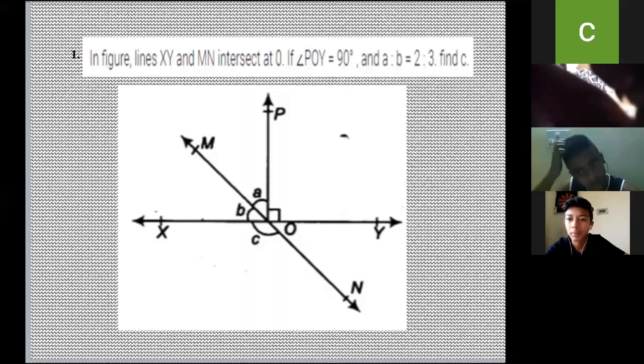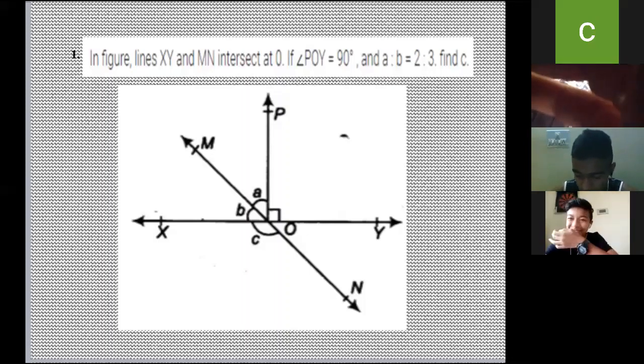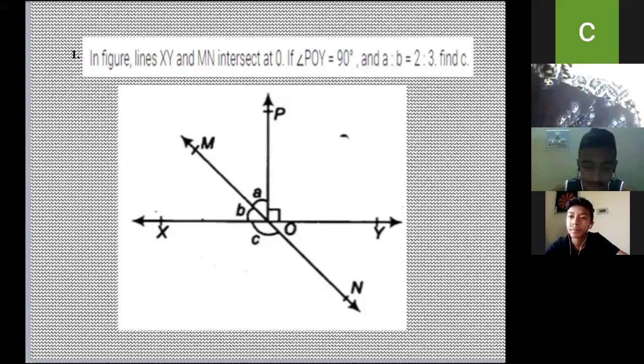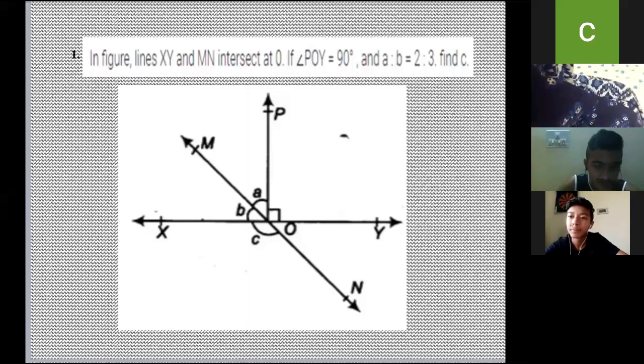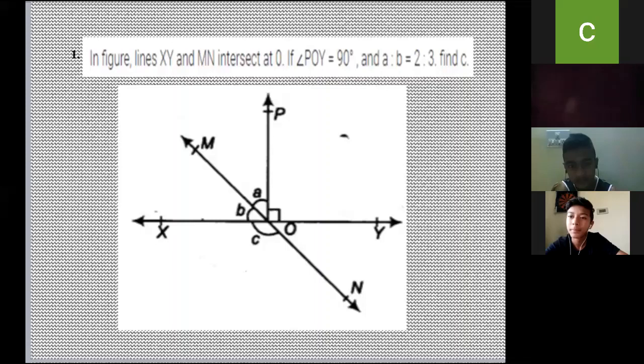So the axiom is nothing but, thank you, Abhay. Ria, yes. Okay, Ria, thank you. What is the axiom, what does it mean? If the adjacent angles sum up to 180 degrees, yes, it is called a linear pair.